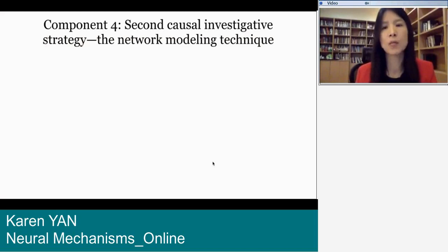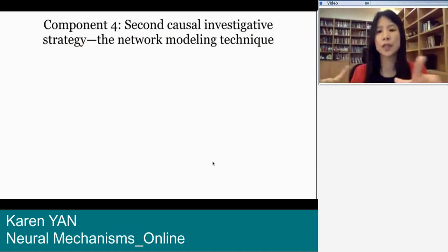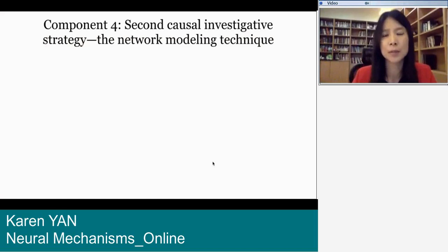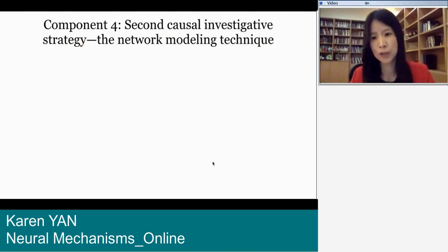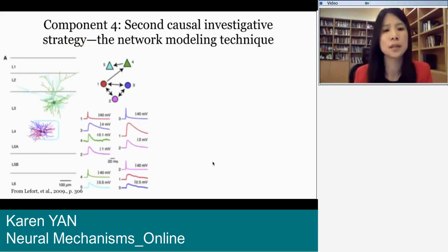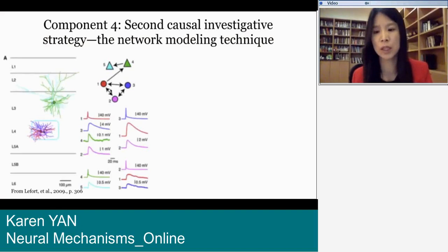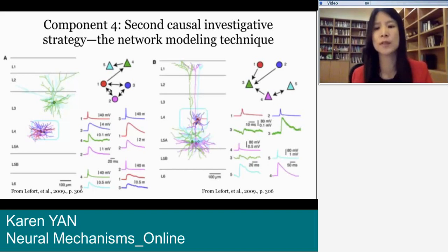Component 4 is about the network modeling technique. After they collect all the recording data, they apply this network modeling technique to visualize the neurons they record. The visualization involves, for example, reconstructing the neural structure of each neuron and creating a graph model of how neurons in different layers causally connect with each other. And they do this kind of visualization for each cell experiment that they perform in their recording technique. So something like this, they just visualize every set.